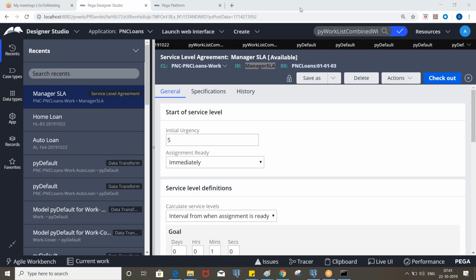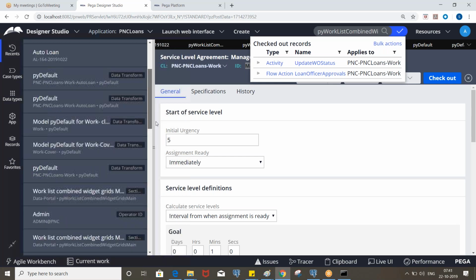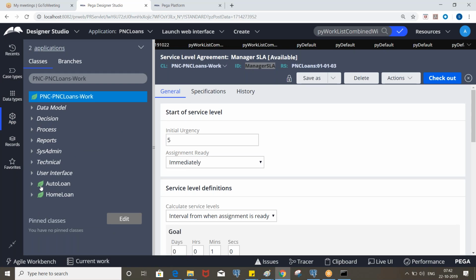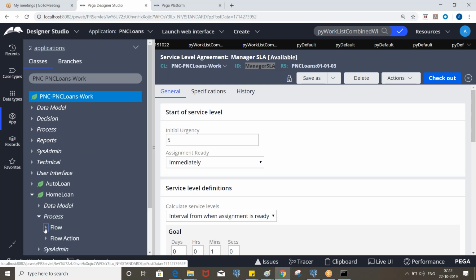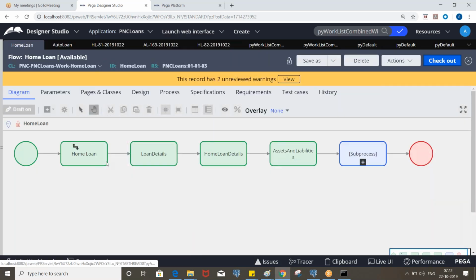Yeah, so go to the home loan flow. Okay, so here we have an option to invoke a service level agreement.